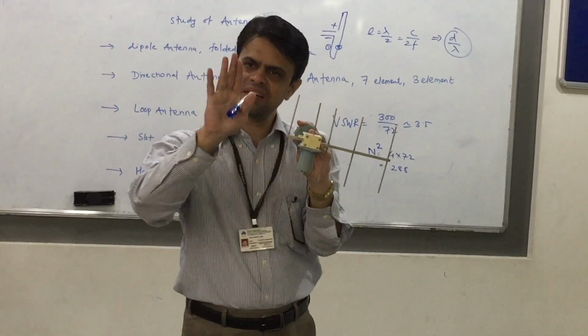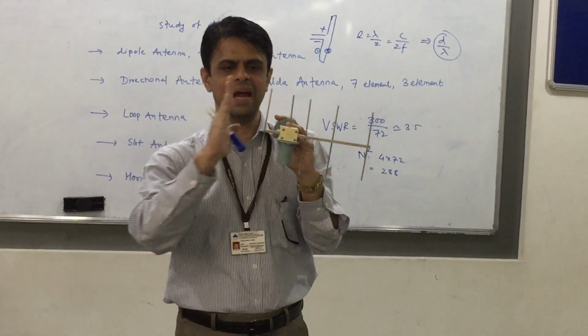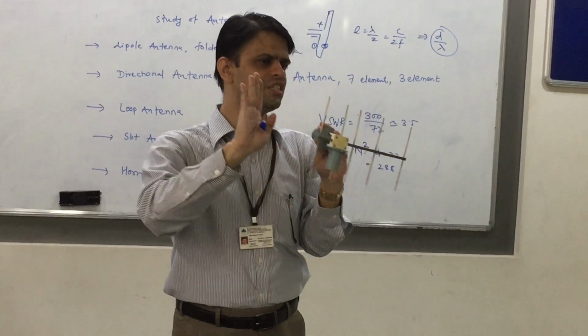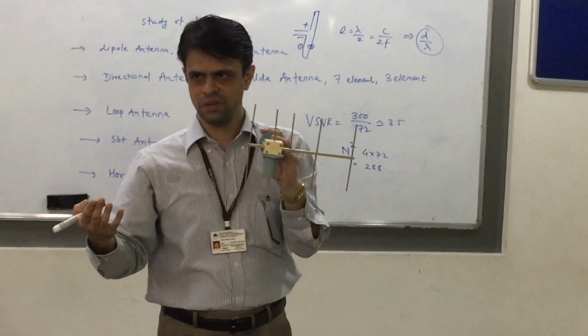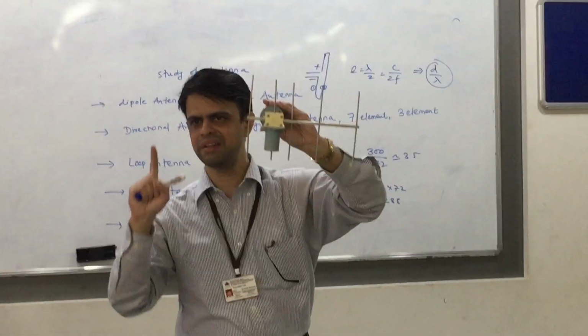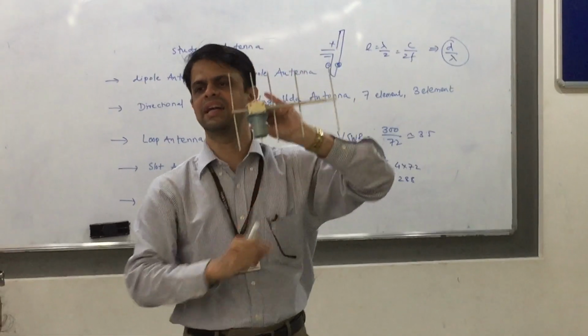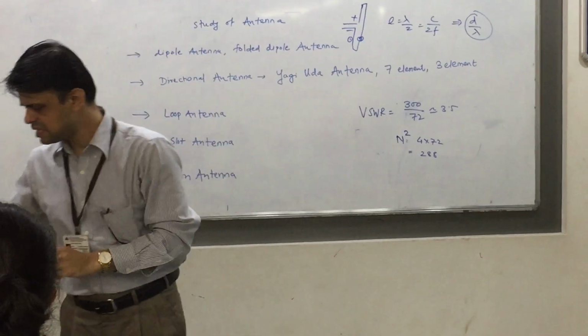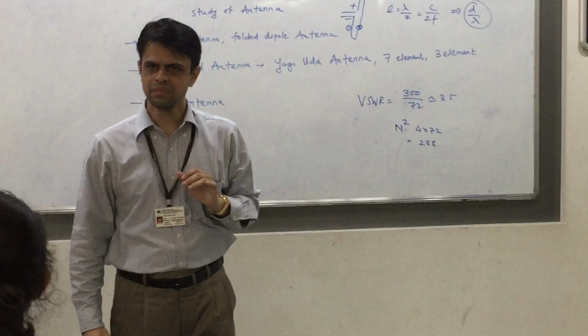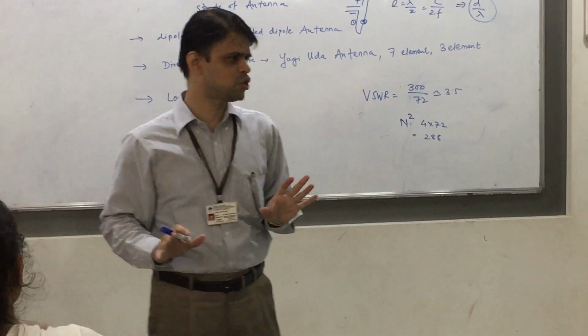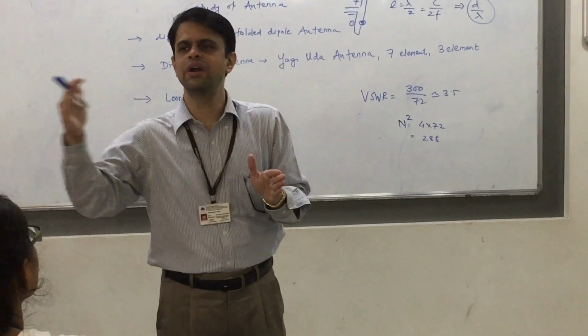Reflector is generally a single one. Adding 1 more reflector does not change the directional properties of the antenna much. Hence we consider only 1 reflector and many directors. Fine. So this is a directional Yagi-Uda antenna. You can have a 24-element Yagi also, and the gain changes accordingly.